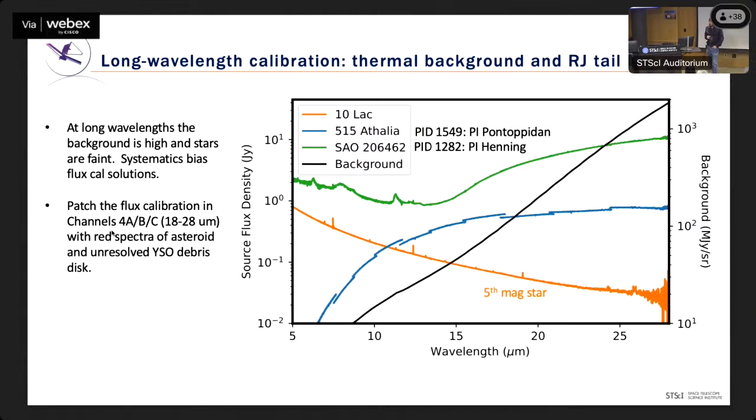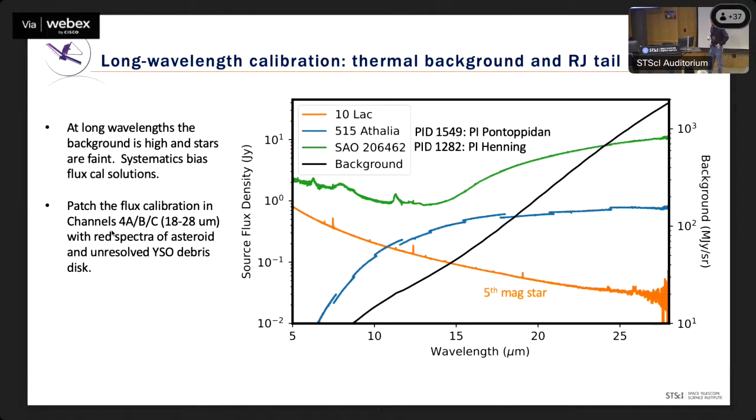So to keep things interesting, we've tossed an asteroid into the mix. The blue line there is the asteroid 515 Athalia, which is a factor of about 10 or so brighter at long wavelengths. Those jumps you're seeing in the spectrum, though, are real. Athalia is a variable source because, why make things easy? So actually, we use another source as well. That now young stellar object is shown in green, which is a wonderful source. It's almost 10 Janskys at 27 microns or so, which is exactly the kind of brightness we want to use